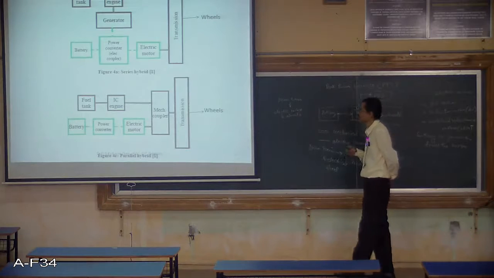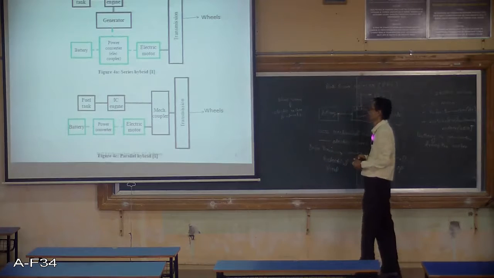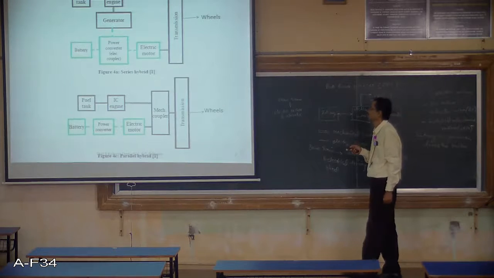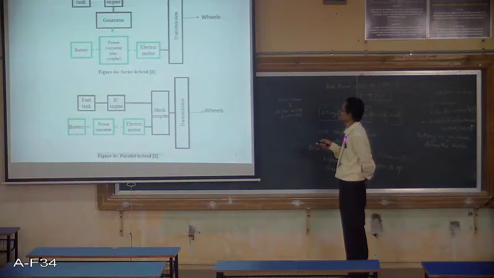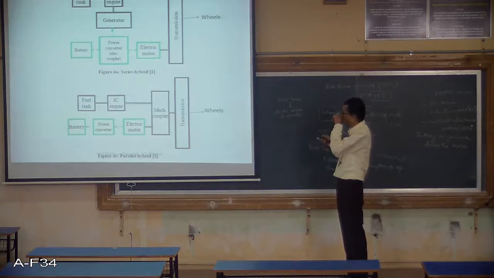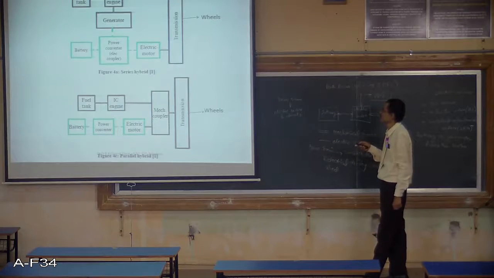So when size of the battery increases, the number of units in the connected battery, which is parallel or series connected batteries, that will increase, and as a result, this size will be governed by the voltage and power level of the electric motor. Now this battery will have suppose a fixed voltage of 200 volts, and if the motor is to be driven at variable speed, this 200 volts you must convert into a variable voltage here, and this is done by the power converter.